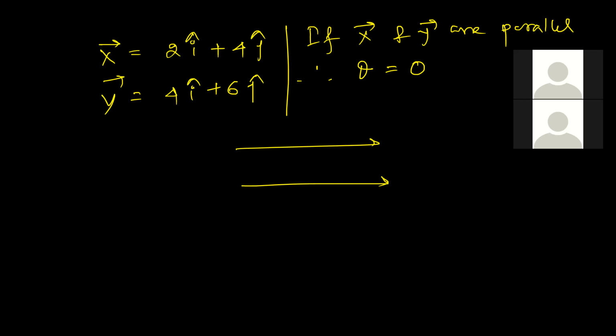We don't have to calculate the dot product or the magnitude of each vector. It will reduce our time and we just get the answer like that. On the previous day, I told you that whenever two vectors have a dot product equal to 0, the vectors are perpendicular to each other. And now I am saying that if the two vectors are parallel, the angle between the two vectors will be 0.